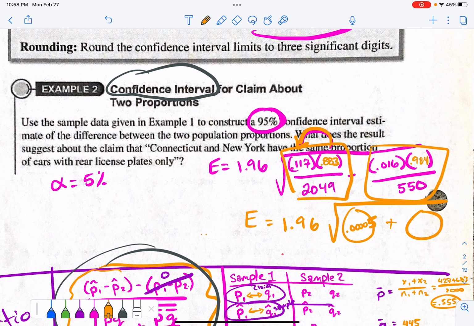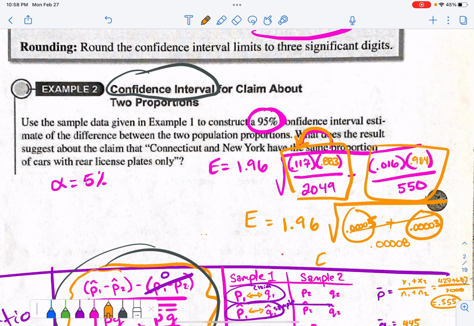Okay, next one. 0.016 times 0.984 divided by 550, and that is four zeros and a 3, 0.00003. Now I'm going to add those two together. 0.00005 plus that, I could have done that in my head. Okay, 0.0008. That's what this is. The square root of that